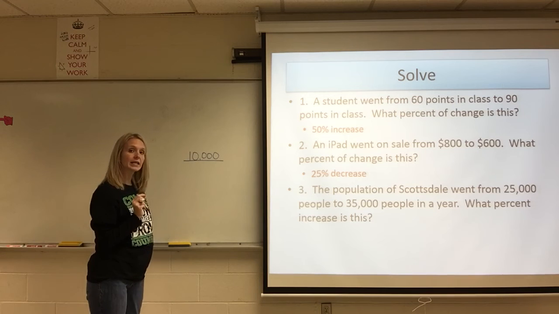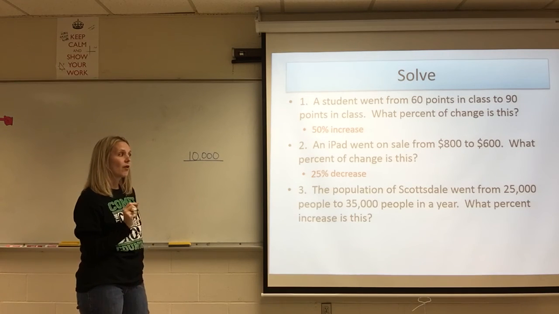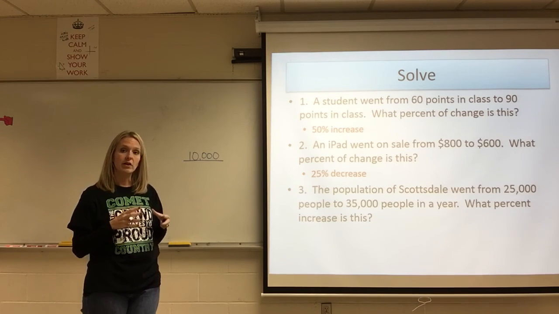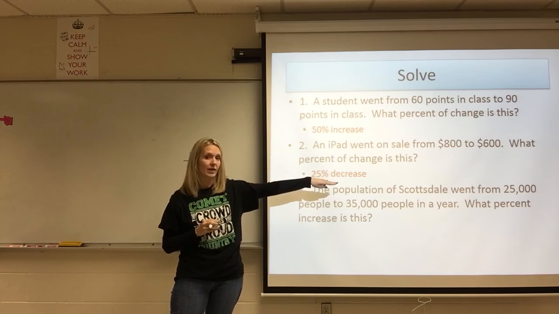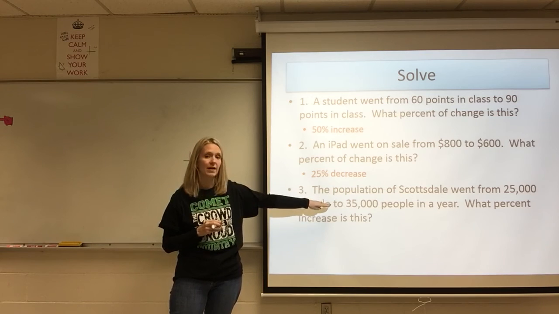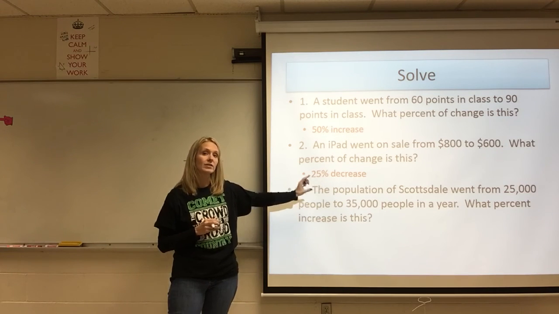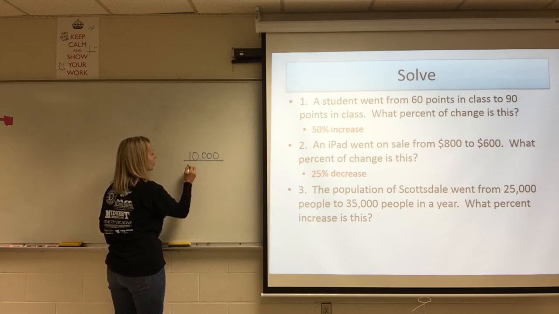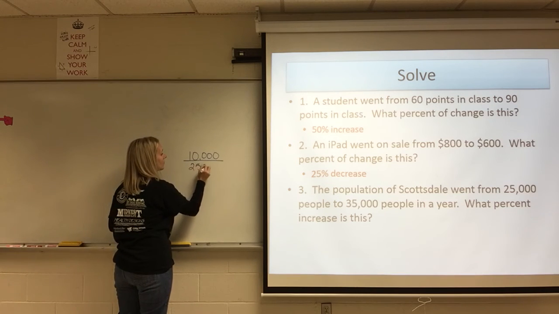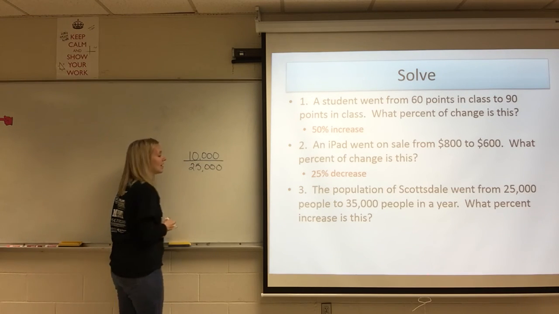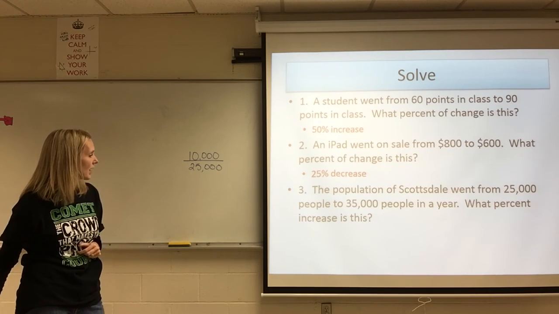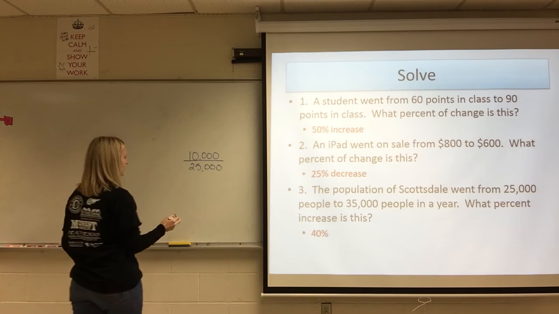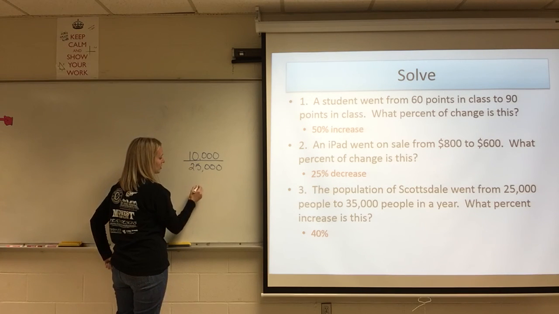Remember, difference is subtracting. And then we've got to figure out what is our original number. What did we start from? Well, look back at the problem. It says that the population went from 25,000 people to 35,000 people. So 25,000 is where we started. That is our original amount. And when you go through and divide this and then multiply by 100 or move your decimal over, you get 40%. So your division here gives you 0.4,